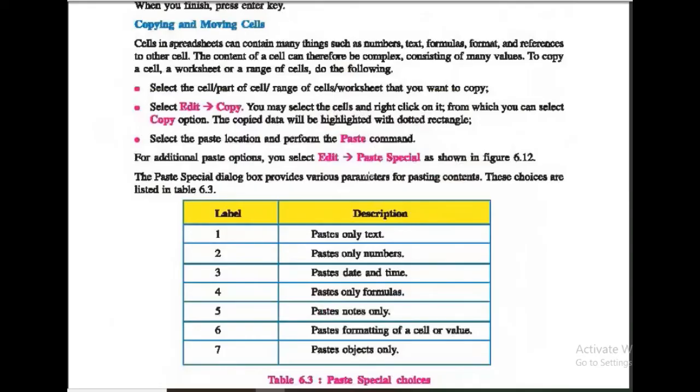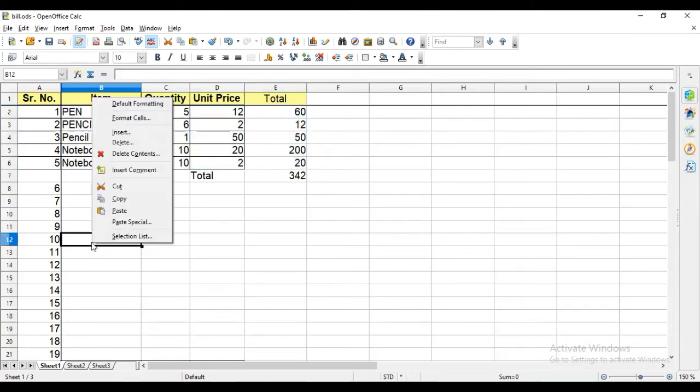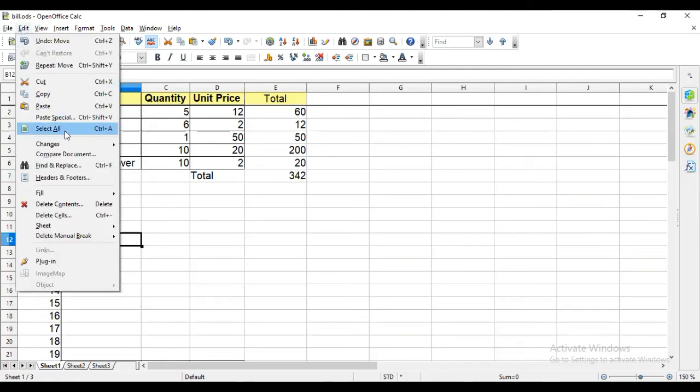Now there is one option, paste special. So there are different options. When you copy or cut something, you select paste special instead of paste only. So I am copying this, and now here right click and paste special there. Here also, from Edit, paste special is there.